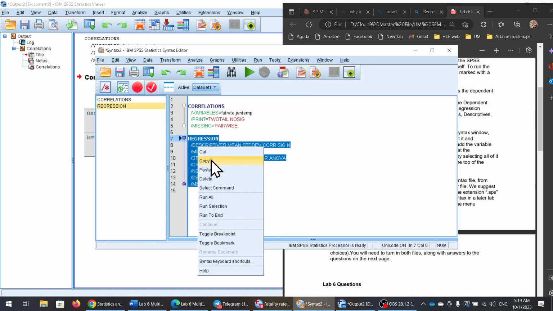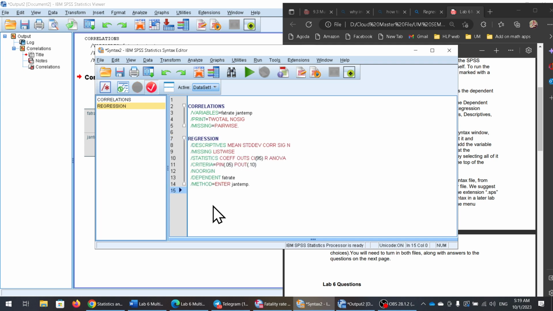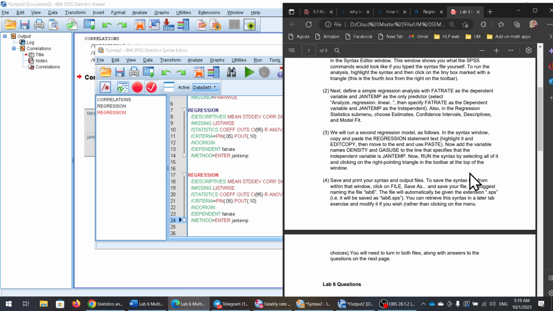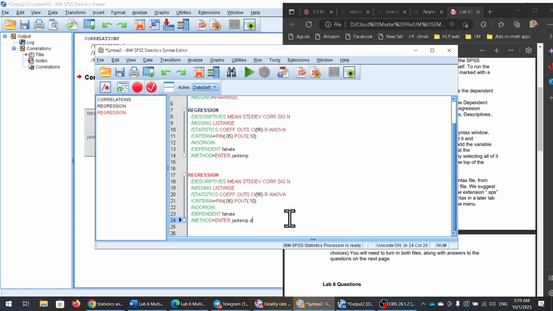So we are going to copy, paste, and add our command: density and gas use. Make sure we put spacing, density, gas use, and a full stop. Okay, if we look now